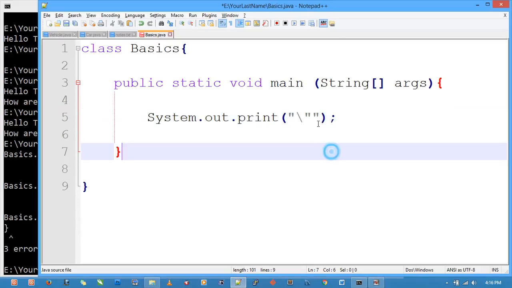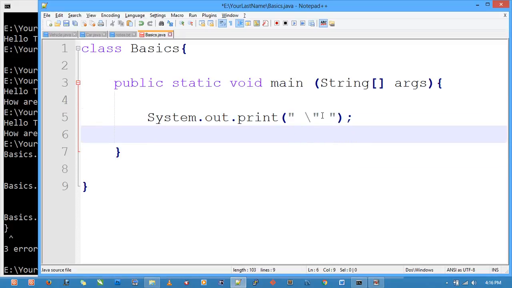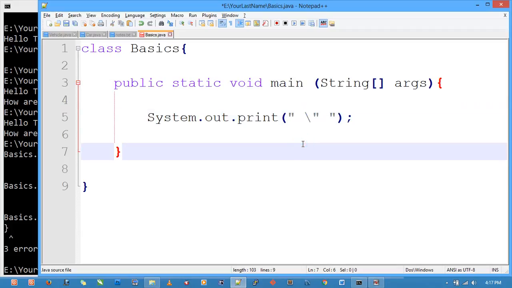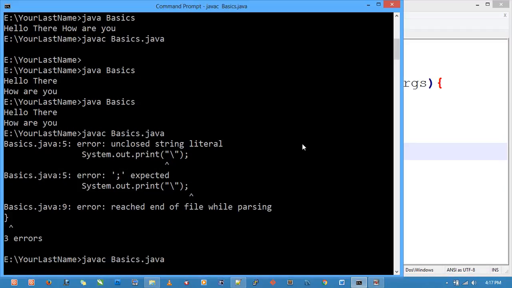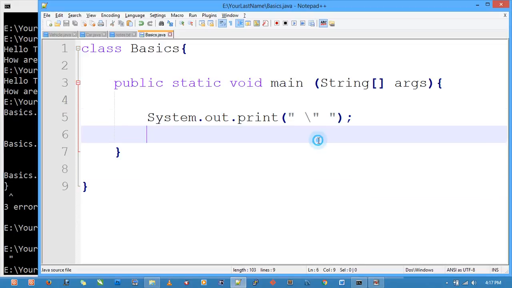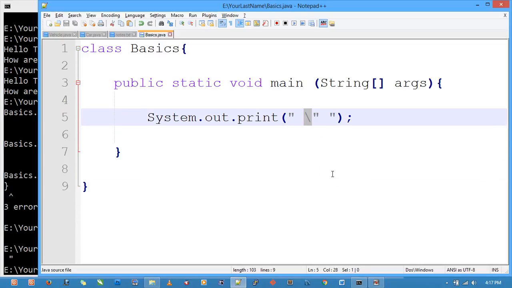So if we want to add another quote there, it says that we will be printing this one. And technically, the output will be just a double quotation mark without the backslash. Let's see if it's really the output. So there you have it, the Java basics, and then the output is one double quotation minus the backslash, because backslash is treated as a special character in Java,